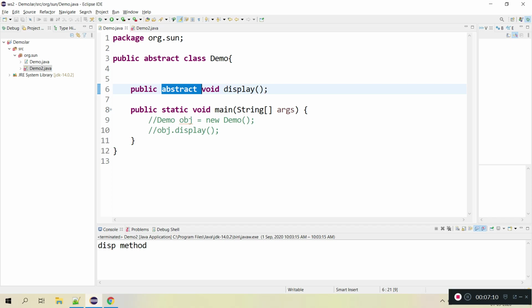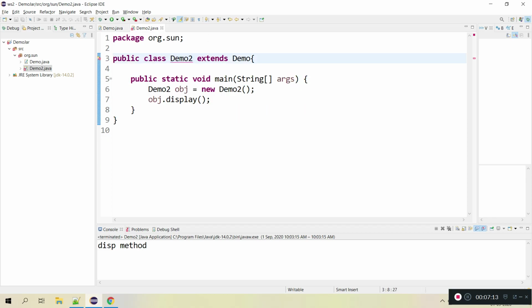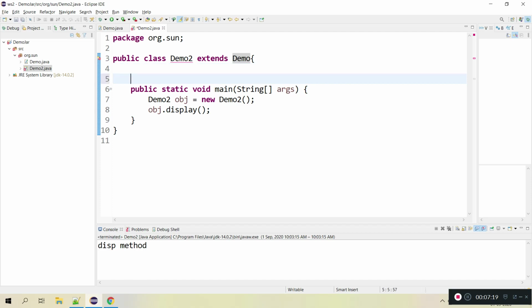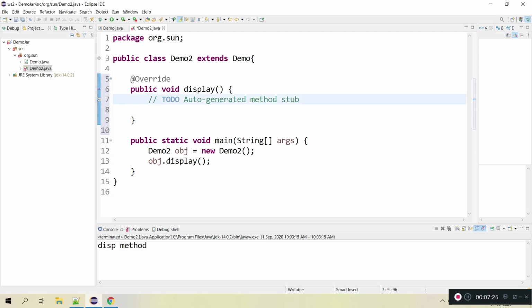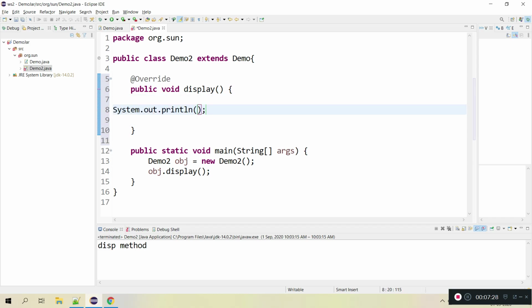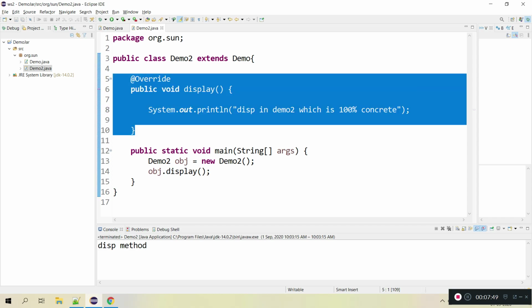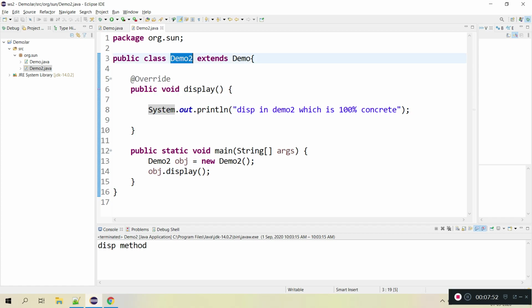Where will we implement this body? In demo2, a 100% concrete class, which provides the implementation for demo. It has an abstract method display, so the display method should be implemented and the body provided in demo2. This is how we provide the body for abstract methods and write a concrete class.